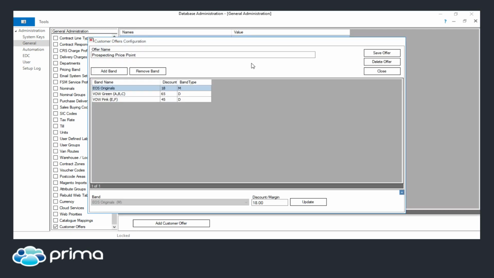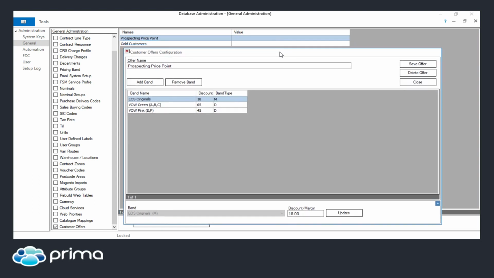Within this prospect one, it might be the case that for your prospect customers to win the business, you might give them 65% off A, B and C to try and win them for the top products, or you might give them a lower discount than your actual customers. Whatever it might be, you can have some sort of customer offers in place, and rather than having to add them in manually to each company and thinking about what the prices or the discounts are that you gave previously,